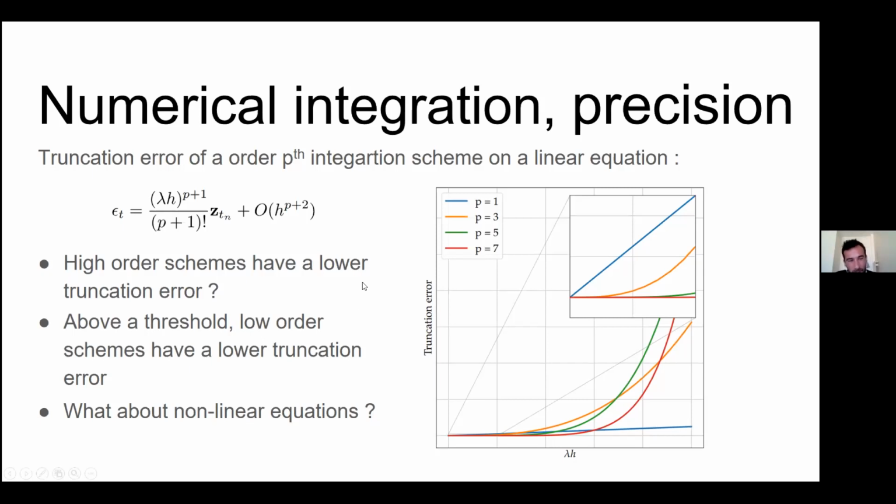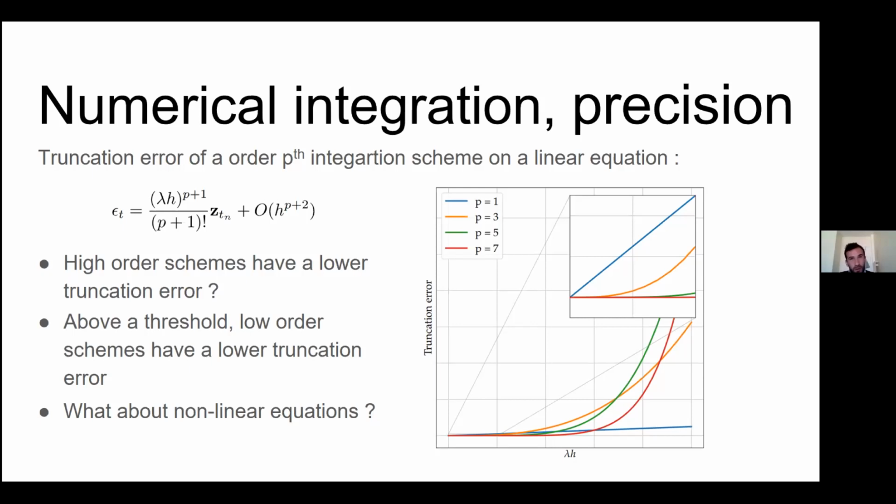Anyway, moving back to this equation here, we'll remind also that this equation was computed for linear differential equations. And what happens in the nonlinear case, because most of the time, at least the equations we are interested in are nonlinear, and what are the precision properties of integration schemes when considering nonlinear equations? And the answer is we mainly do not know, because